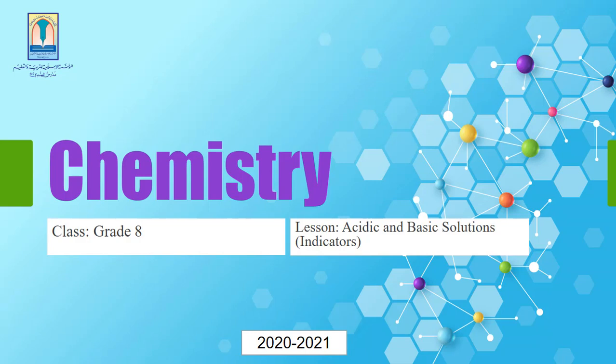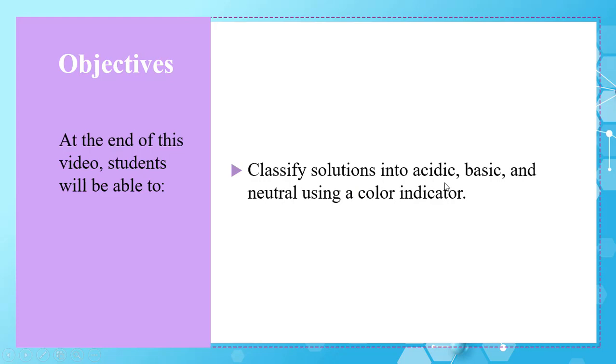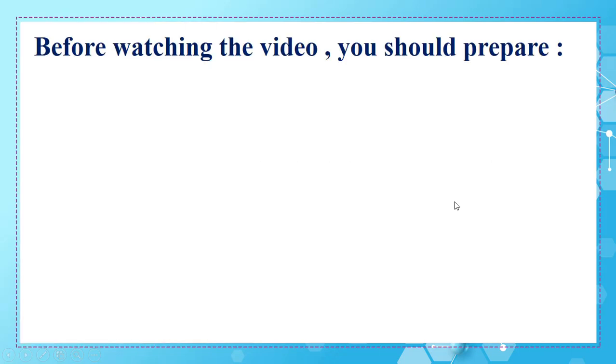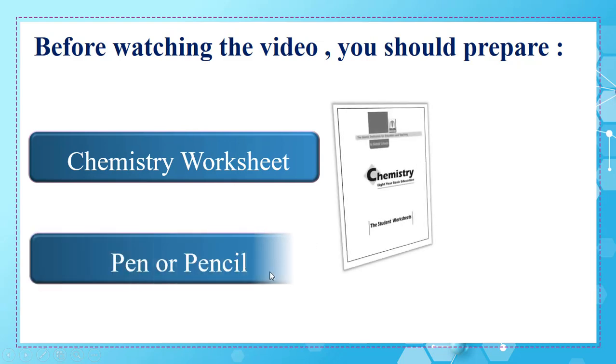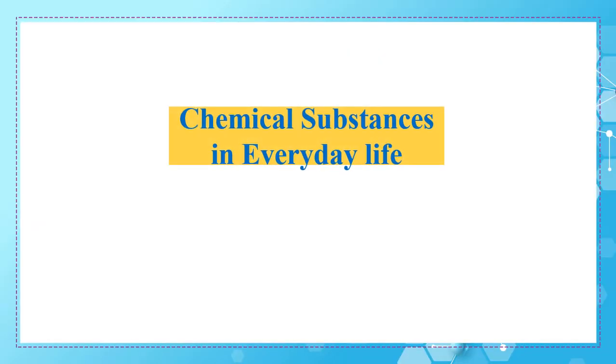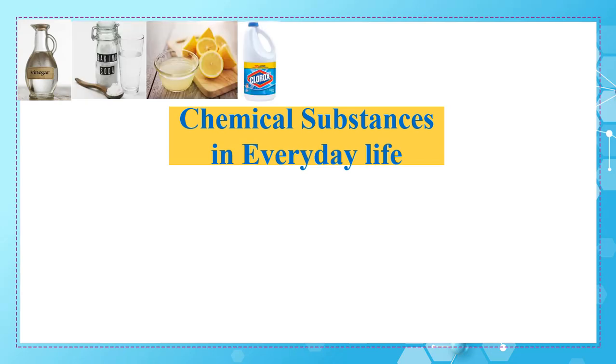This video will be about acidic and basic solutions, and it will discuss mainly indicators. At the end of this video, you will be able to classify solutions into acidic, basic, and neutral using a color indicator. Before starting, be sure that the chemistry worksheet is in front of you, of course with a pen or a pencil. Let's start. Chemical substances are part of our daily lives, such as vinegar, baking soda, lemon, Java water, soda,